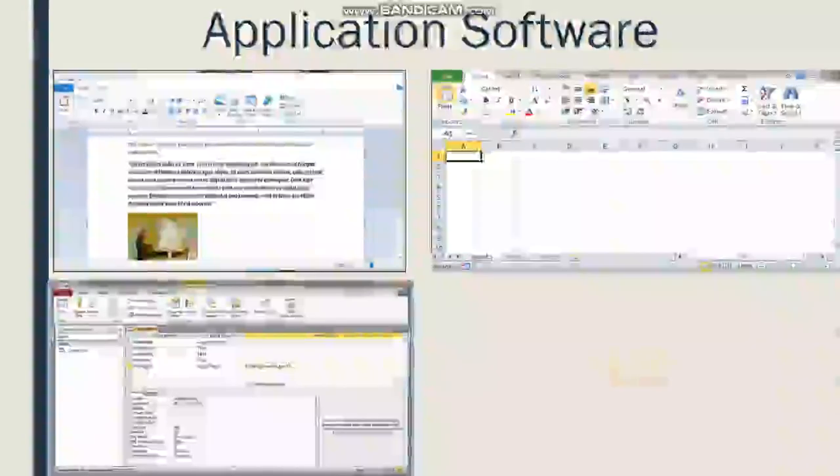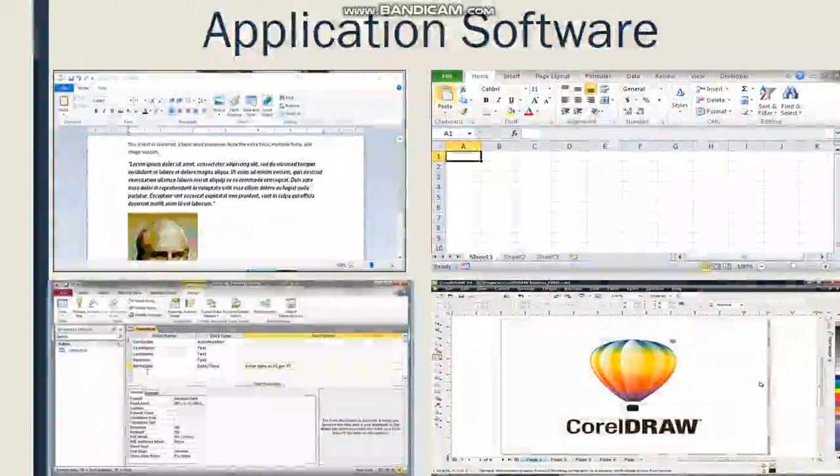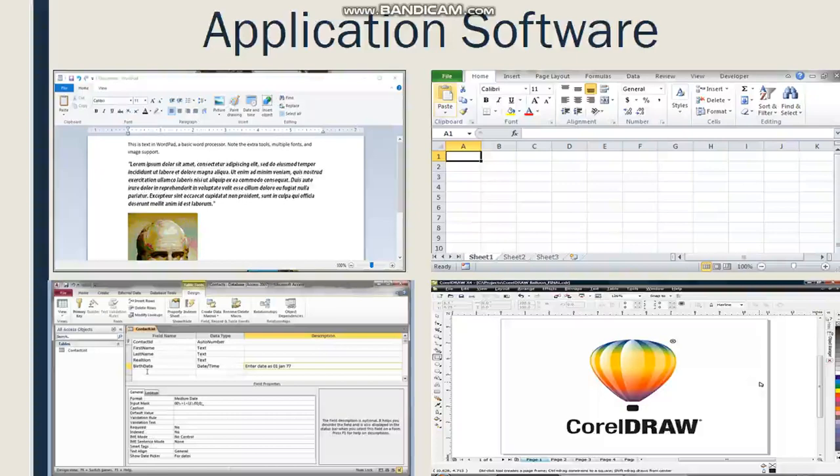Now the last under this application software is desktop publishing software. This application helps you to combine both text and graphic features to design professional documents like newsletters, printed forms, advertisements, books, brochures, posters and magazines.